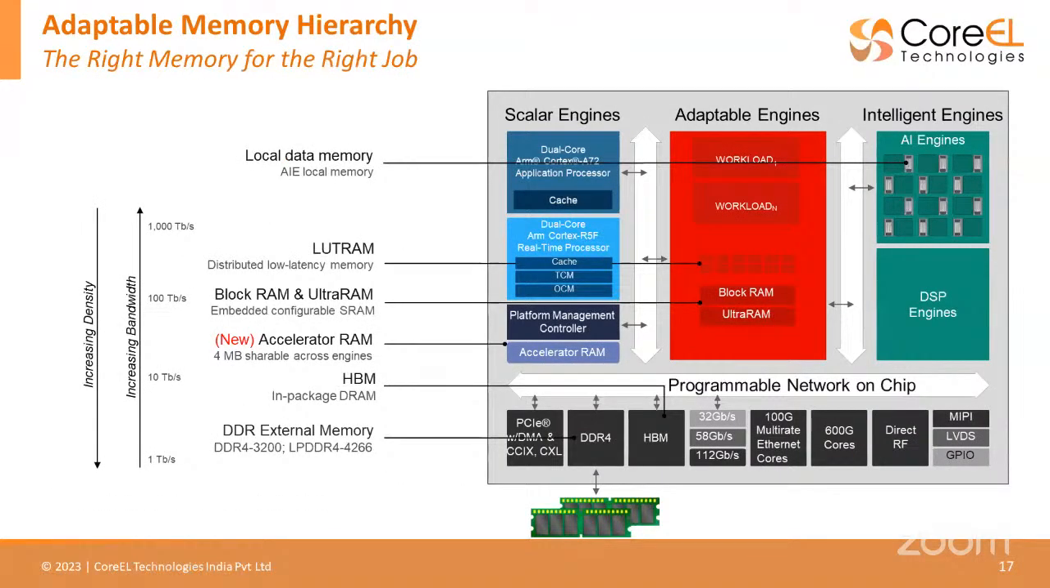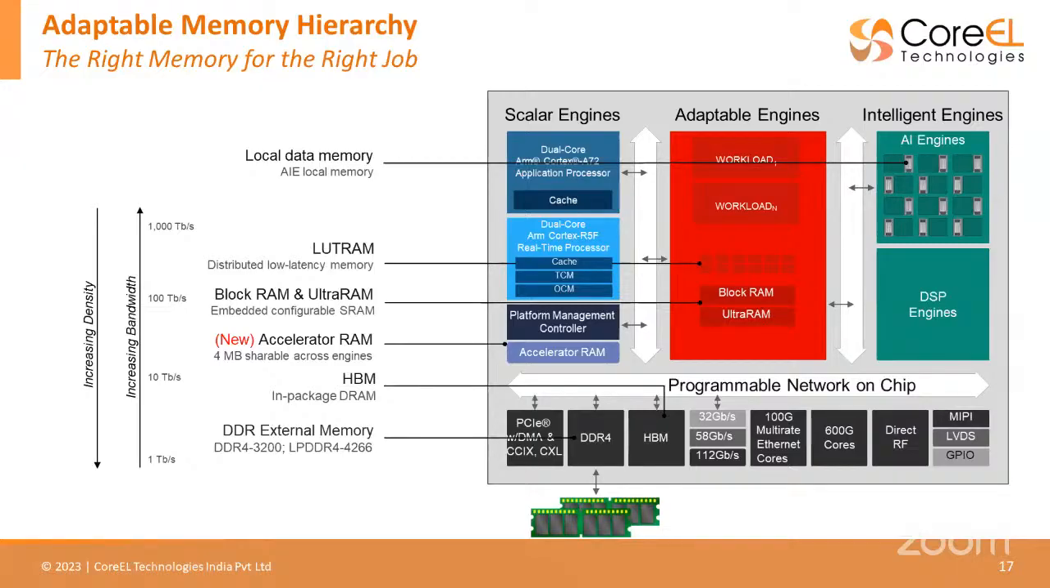And then you have your adaptable memory hierarchies. So you have multiple dedicated memory modules within your chip, right? They vary in the density and the bandwidth that they can work with. Okay, you have your local memories in your AI engines. As I've told you, each and every AI tile has its own dedicated local memory that it can use, and you have your LUT RAMs, you have your block RAMs, you have your ultra RAMs,